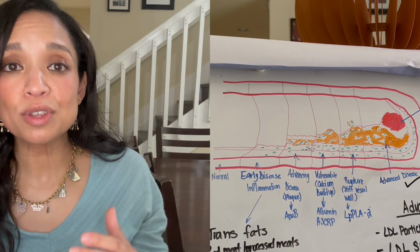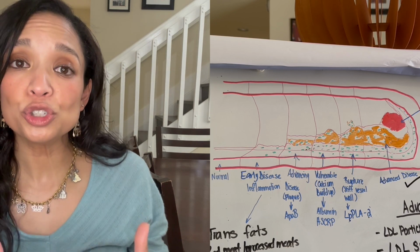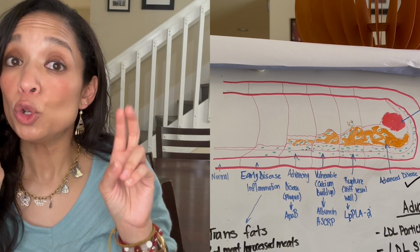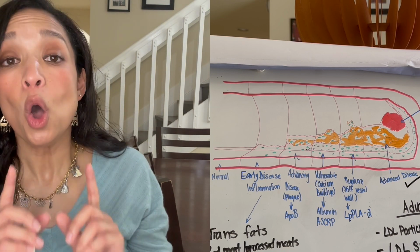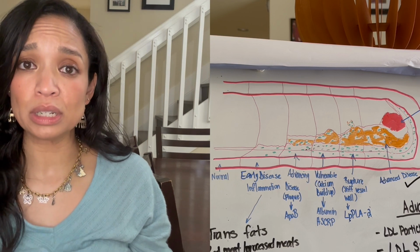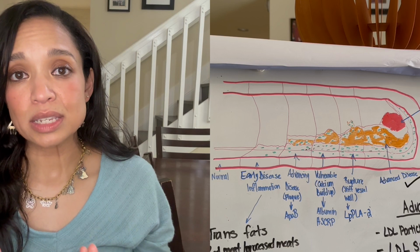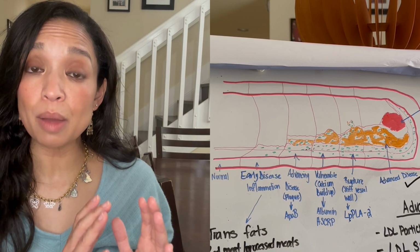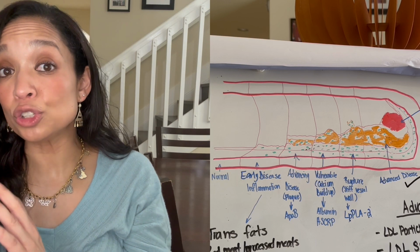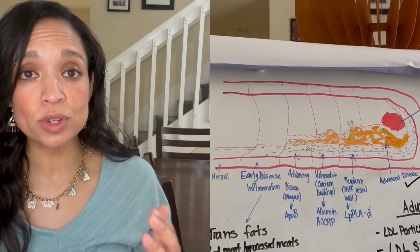In fact, most of these major vessels, again, that lead to and from our heart, we should want them to be clean and normal, meaning that there's no signs of blockages or buildup, or, as we've come to importantly find out, inflammation. We've heard a lot about it in the last several years, that conditions that have inflammation associated with them or things that have the potential to cause inflammation were a really big concern throughout the course of the